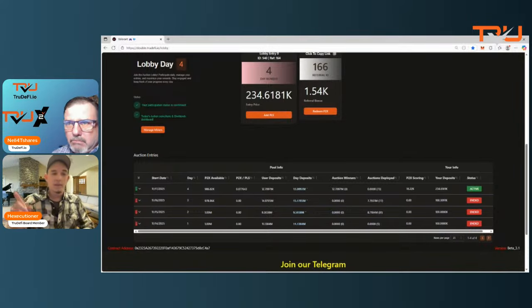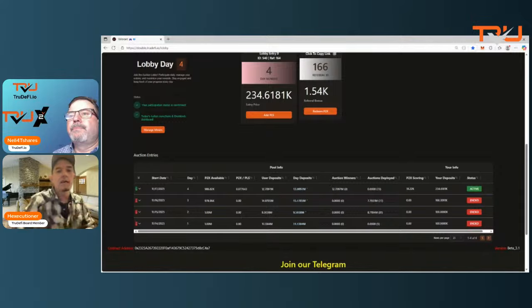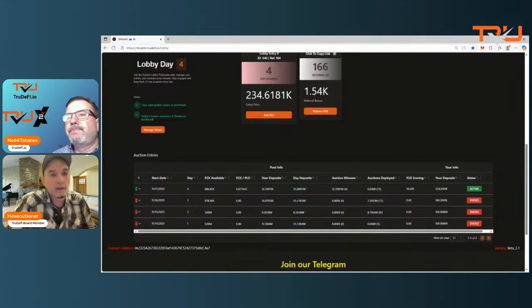Let me see if I got this right. Because I think it's mirrored, right? Yeah. So the deposits will go up and down and up and down, but as you can see, it's down and up and to the right. Up and to the right. Whether they get a little bit less or a little bit more through the time period. Exactly. As the system adds more and more weight of users,